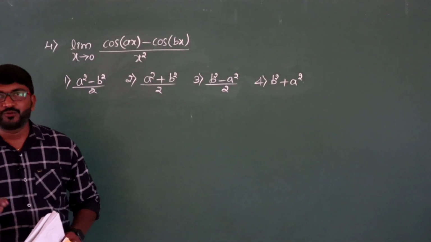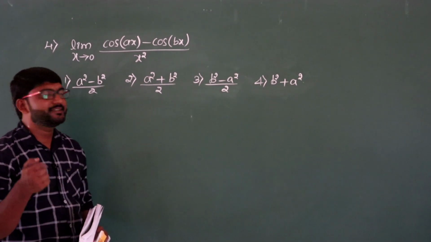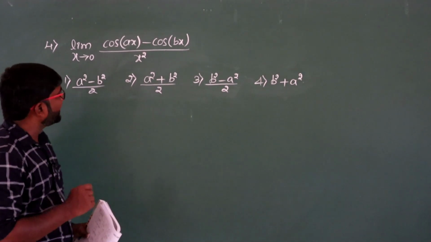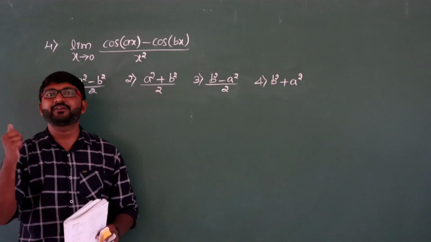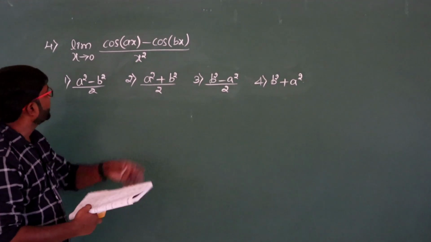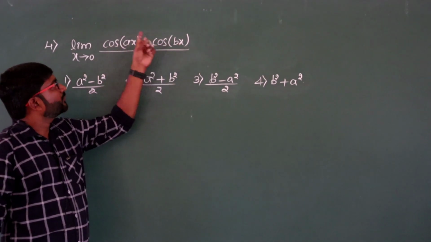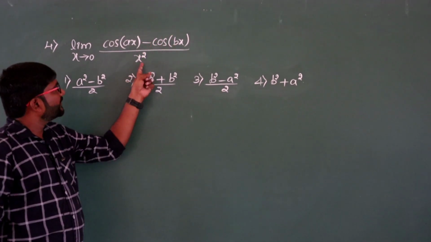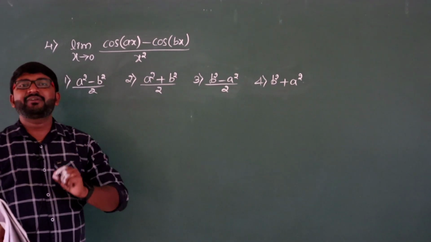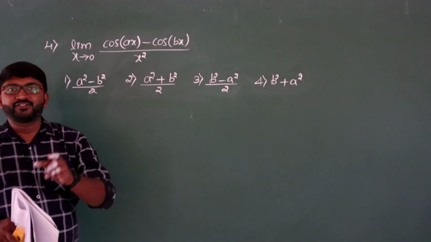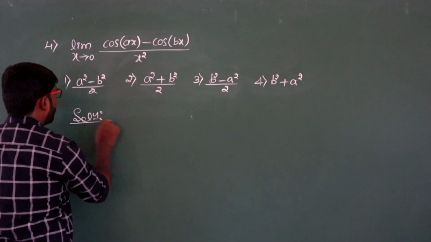Well, the next question, the fourth one. The given limit is limit x tends to 0, cos ax minus cos bx divided by x square. So here we are actually going to apply L'Hospital's rule. Take the derivative of the numerator and the derivative of the denominator. Why are we going for the LH rule? See here, apply the limit now. x is 0 means cos 0 is 1, again cos 0 is 1, 1 minus 1 will be 0, and the denominator is also 0. We are getting the 0 by 0 form. 0 by 0 form means it is an indeterminate form. Whenever we get an indeterminate form, let us apply the LH rule. So applying the LH rule.